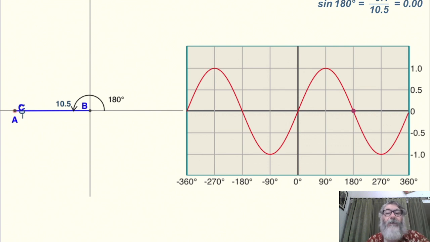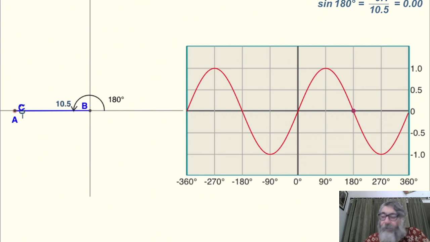Sine 180 is 0. That means along the x-axis, whether on the right side or the left side, whether on the positive side or negative side, sine will always be 0. That is why on the right side we call 0, 2 pi, 4 pi, 6 pi, 8 pi, and on the left hand side pi, 3 pi, 5 pi, 7 pi. We call them odd multiples of pi. On the right side we had even multiples of pi. Now why has it become 0? Because again perpendicular has become 0. When perpendicular becomes 0, there is no triangle, so there is no perpendicular.